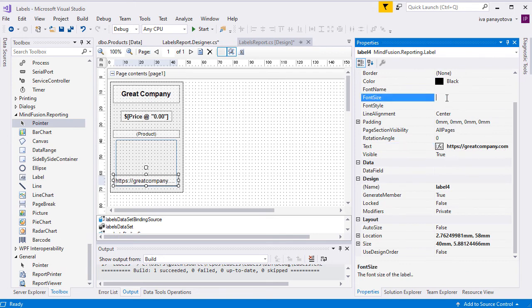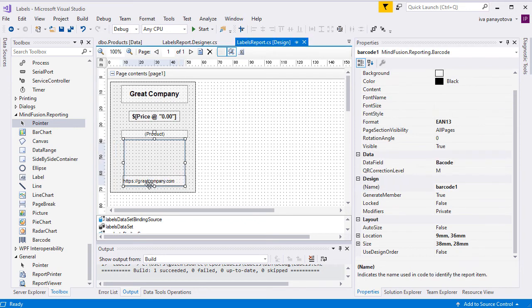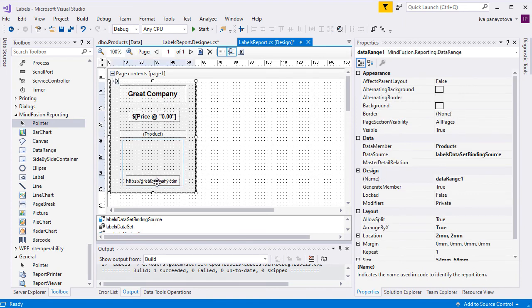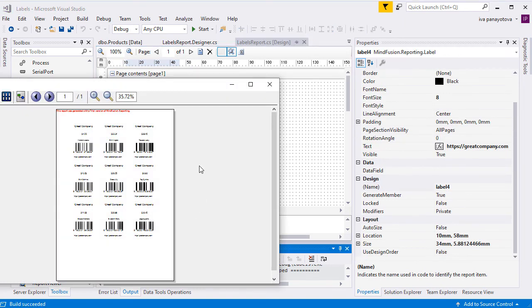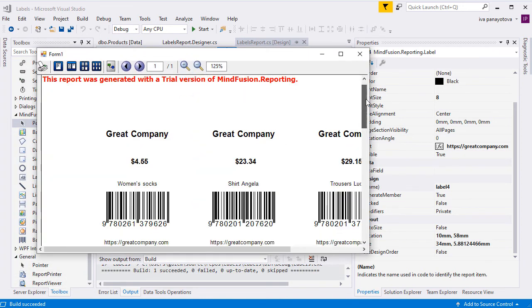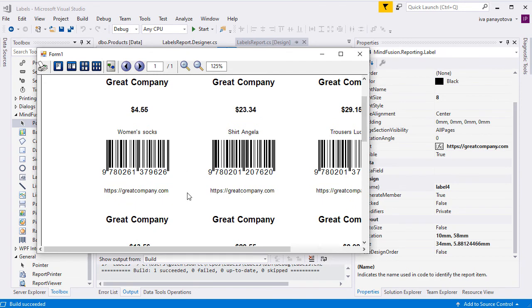We make the font smaller, 8 points, and align the label to the center. We align all controls on our labels to their centers. And with that, we have finished creating our clothing label.